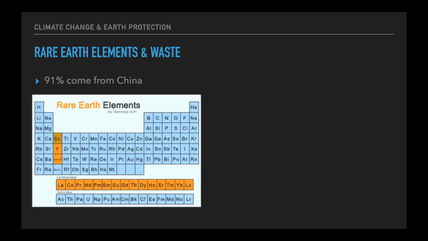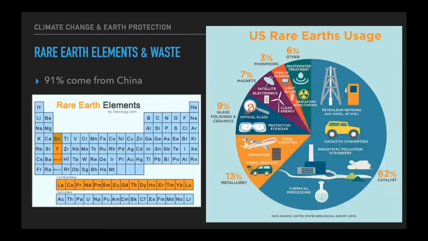So rare earth minerals, or rare earth elements, really refer to a collection of elements that exist as far as we know. So all of these that are in orange, or this darker color here, are all rare earth elements. And we use them in a large number of ways for pretty much every single electronic item you can imagine. So here's where we use rare earth elements in the United States. We primarily use them for combustive things, to help motors run, right? It's a vast majority of where we put our rare earth elements.